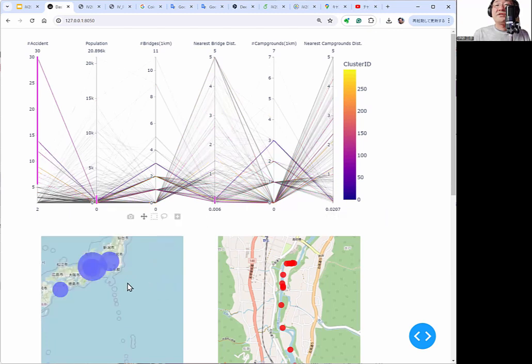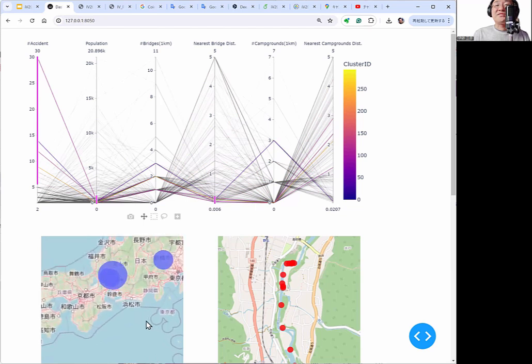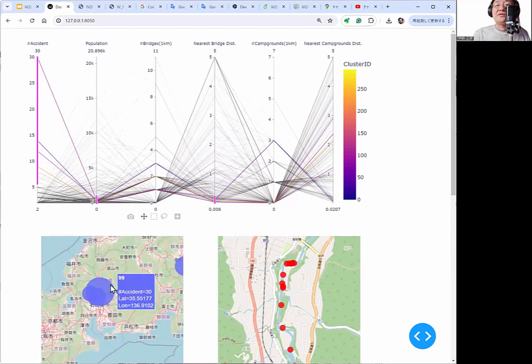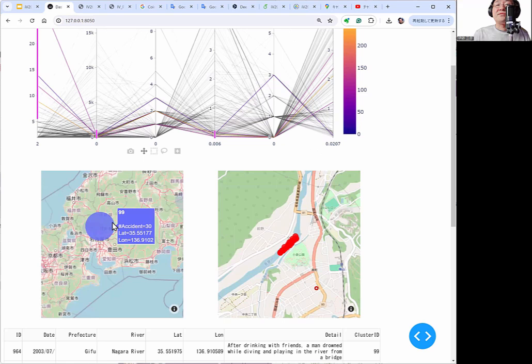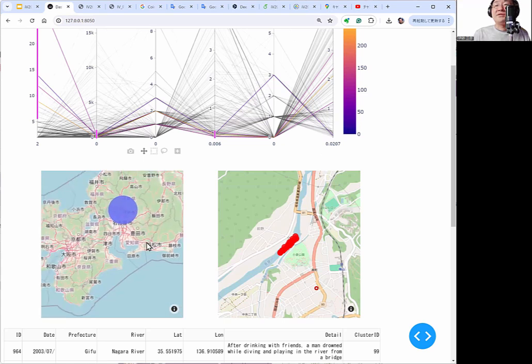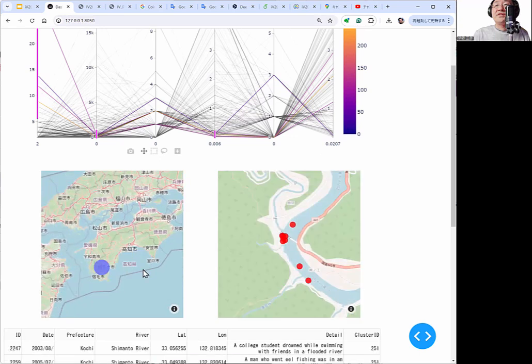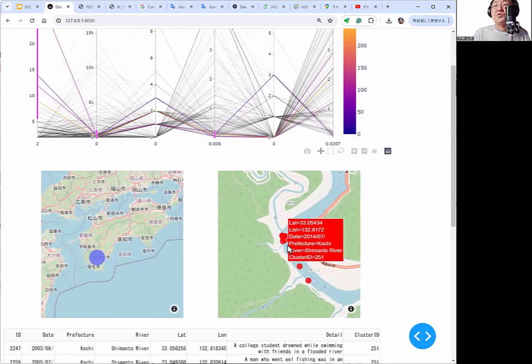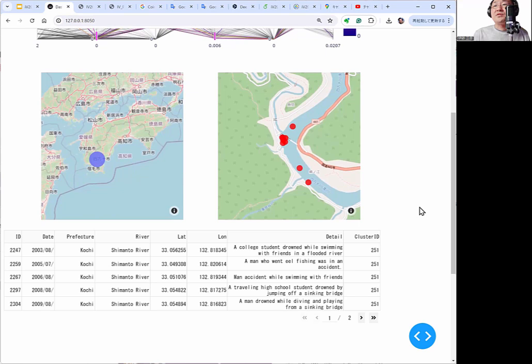So we can select some clusters, and this one is the biggest cluster. It includes over 30 accidents. And here is a very famous spot, a very dangerous place.